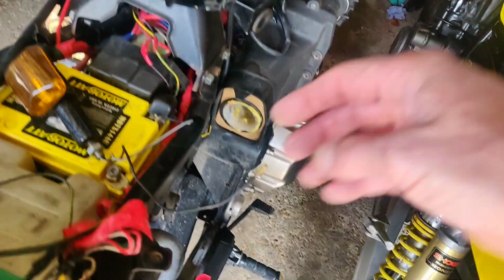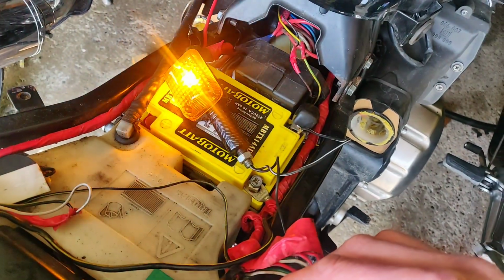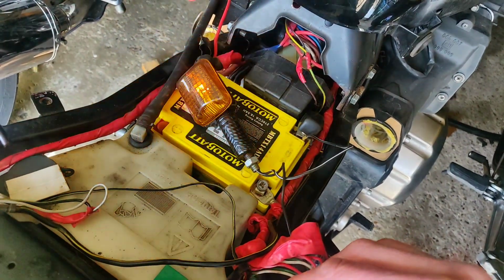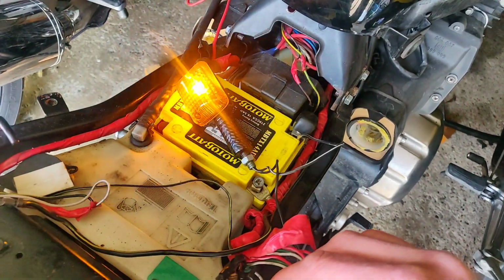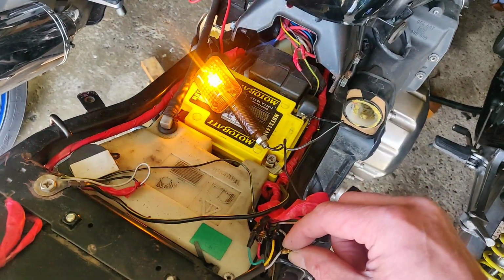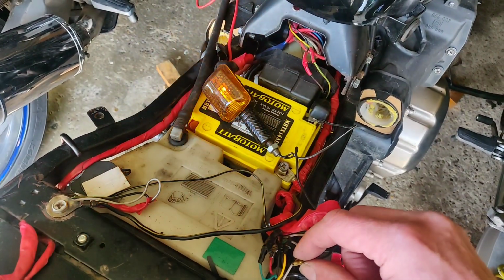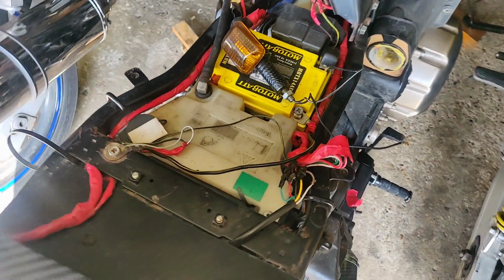So I'm trying left. I've no idea what wire this is. Not that one. Let's try right. Look at that. Okay, even the relay ticking. How cool is that? So I am dead chuffed, because that has made putting indicators on this considerably easier, because it doesn't look like I'm going to have to do a wiring circuit. Now obviously that's only the back, and I've no idea what's at the front yet, but the fact that that was quite so, dare I say it, simple, is really comforting. Now what I'm going to have to do, possibly not in this video, in fact more than likely not, because this is just going to be a midweek update really, is